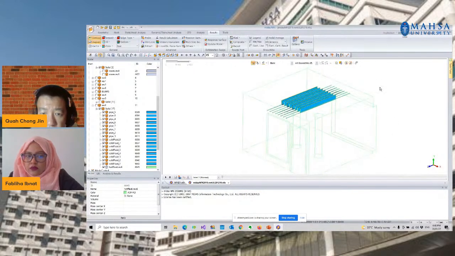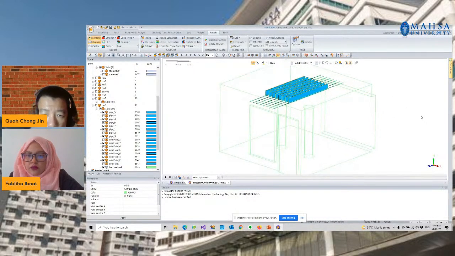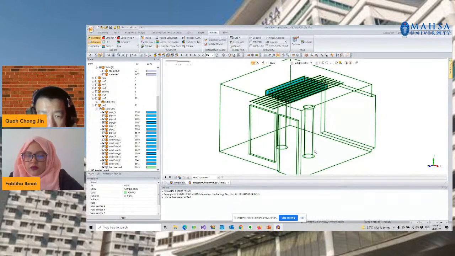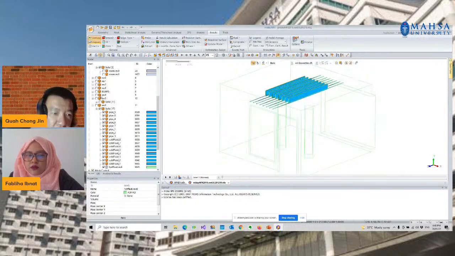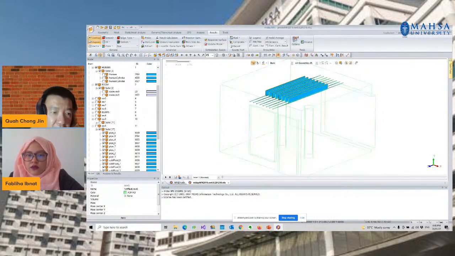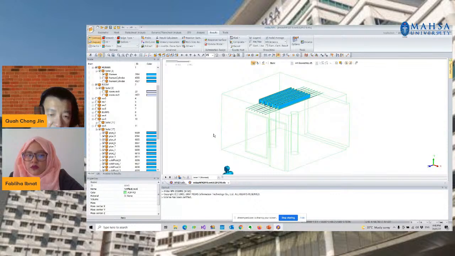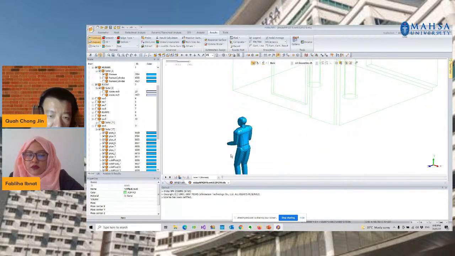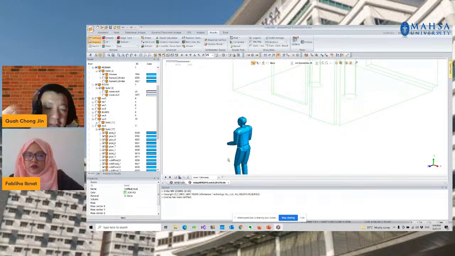Okay, you will see better in this case. We have two simplified human beings. We don't usually use real human beings, because with a real human being you will create a lot of mesh and introduce a lot of error, unless it is so critical that you have to put a real human being within the simulation.